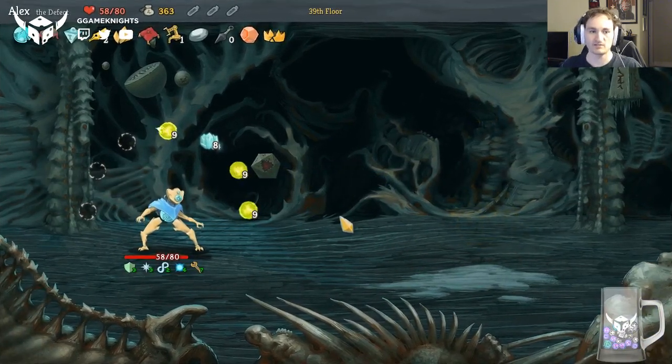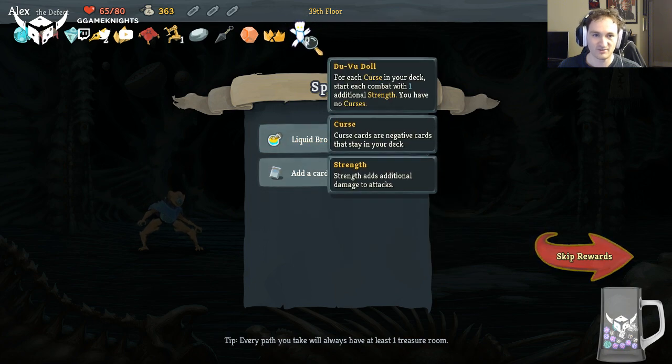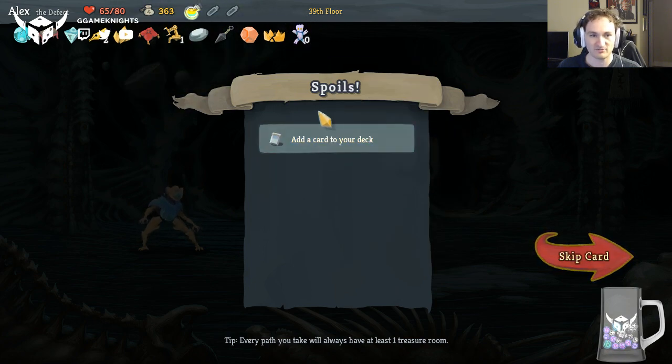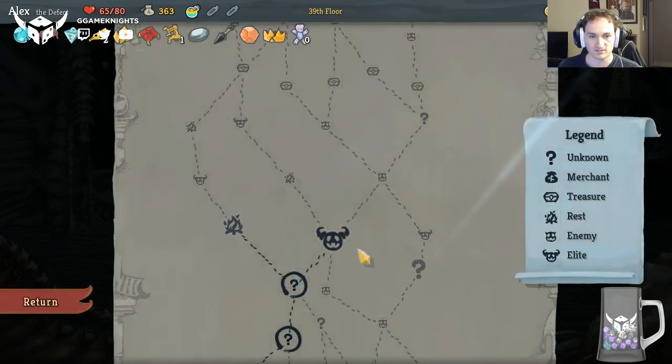Alright, and now we got a rare relic. The Duvu doll. For each curse in your deck, start each combat with 1 additional strength. But I have no curses. Liquid bronze, gain 3 thorns, that will help. And an upgraded go for the eyes. Nice. Okay, we'll rest up, elite,